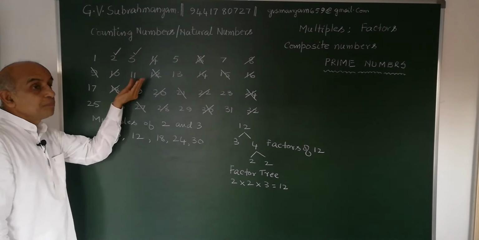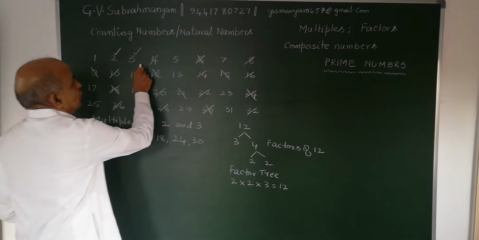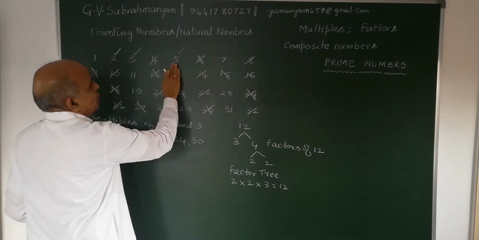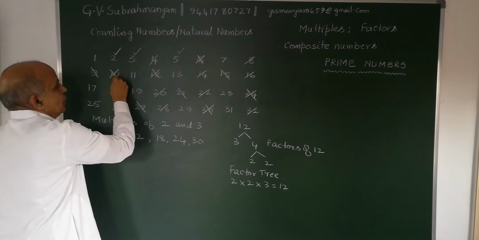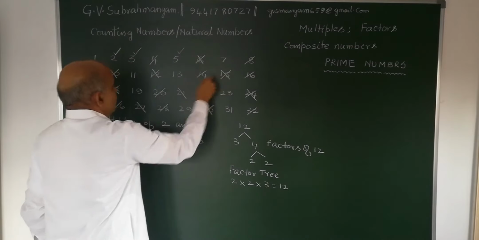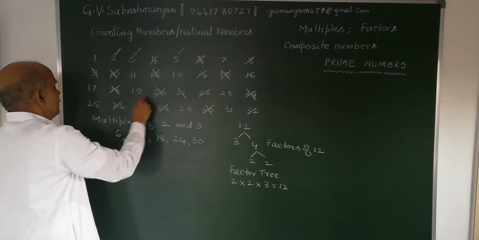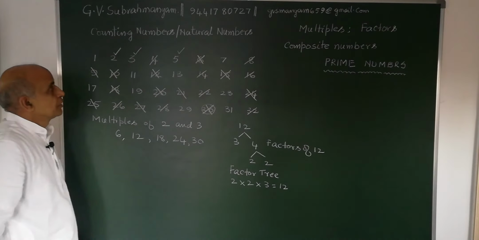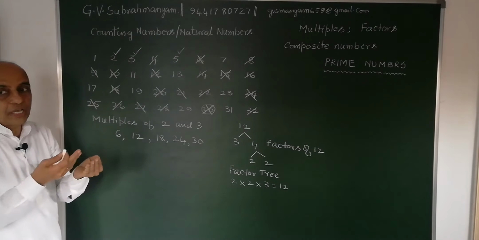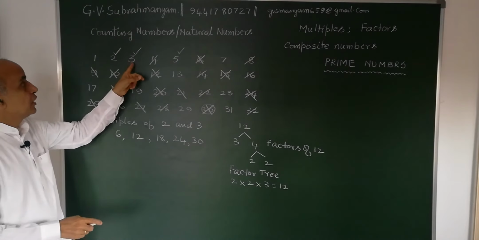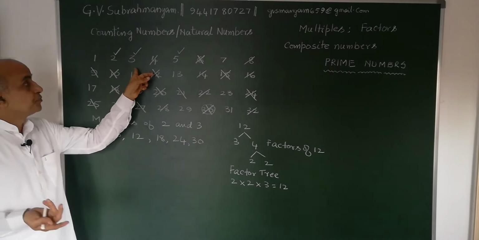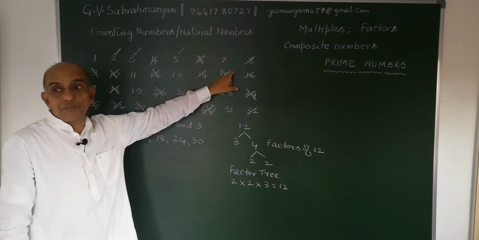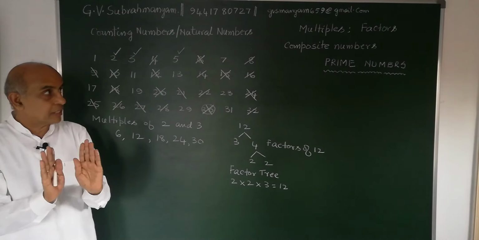Now let us see how many prime numbers there are. Now start with 5. So what are the multiples of 5? 5 2s are 10, 5 3s are 15, 5 4s are 20, 5 5s are 25, 5 6s are 30. Now 2 does not have any factor other than 1, and 3 also, 3 1s are 3 only. 5 also, 5 1s are 5 only. 7 also, 7 1s are 7. That means 7 and 1 are the only factors.